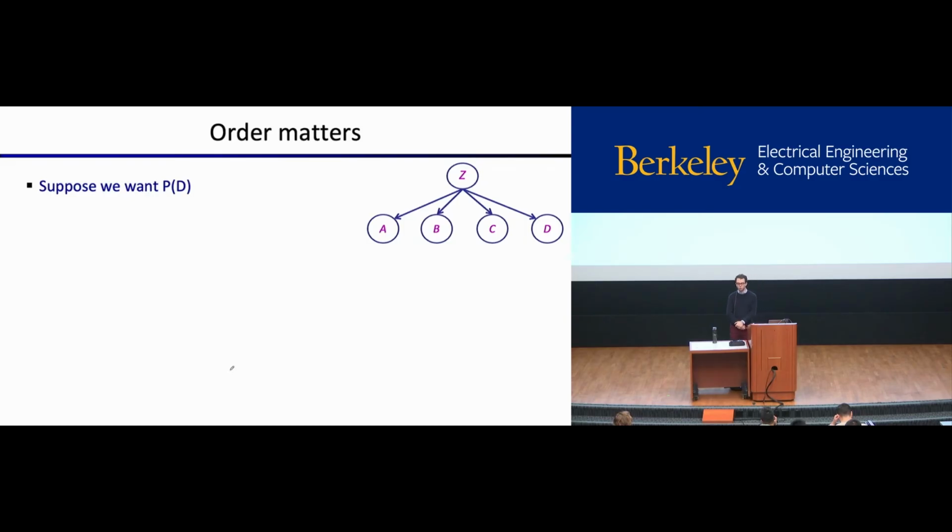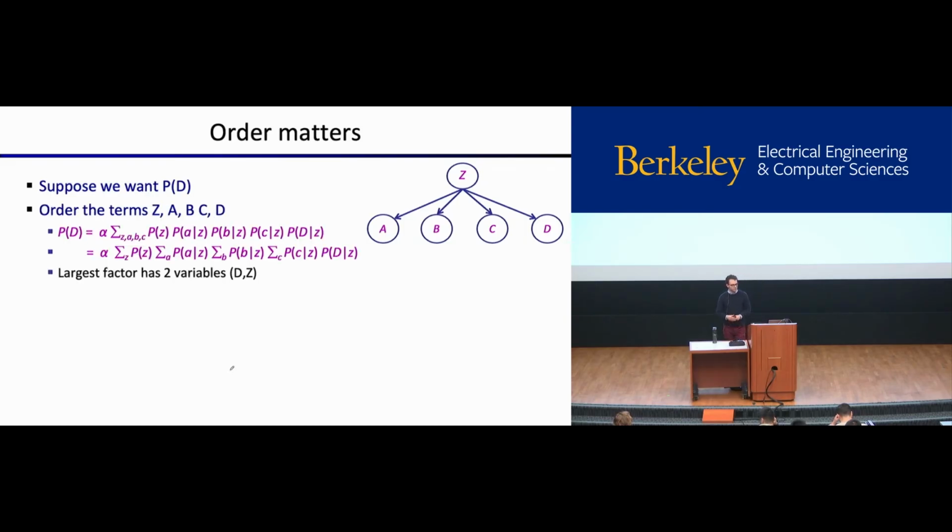Well, there's a couple of choices for orderings that we can do. If we order the terms Z, A, B, C, D, and then we do them in this order inside out, then this D term will appear last, then we'll have C, we can sum out over C, sum out over B, sum out over A, and then we sum out over Z last. So if we do things in that order, then we have a term that's 2 entries by 1 times a term that's 1 entry by 1. And then we sum out all the values of C. So the maximum size of this resulting product is 2.